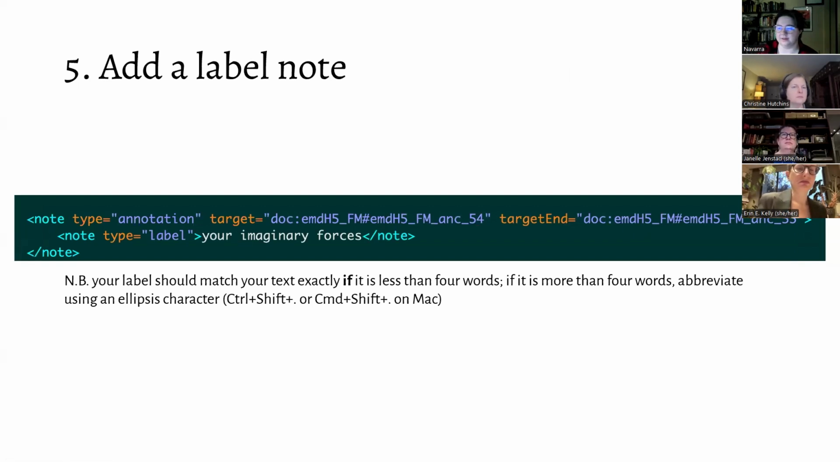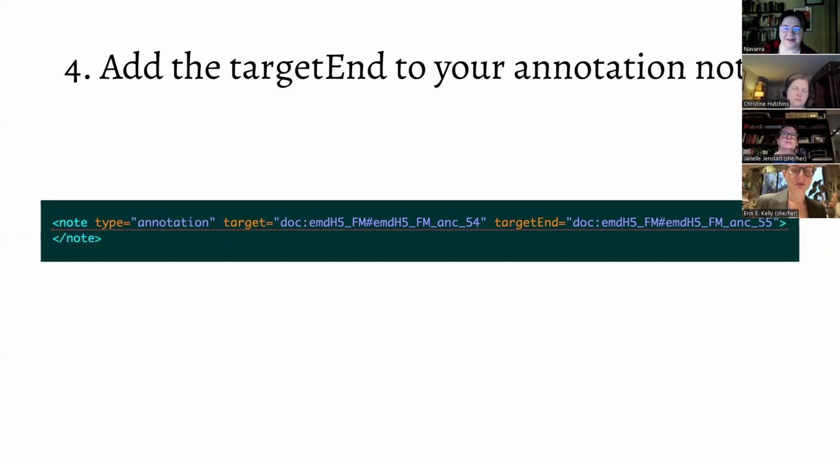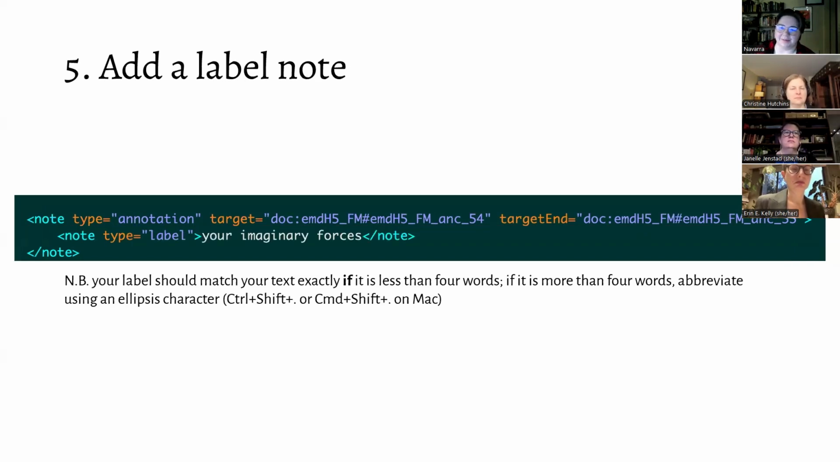Once you've done that, you're still going to have that angry red squiggly line that says, hey, this file is invalid, you're missing something. And that something is a label. So every time that you have a note type equals annotation, it requires a child label note. And that label needs to match what your text is that you're annotating, assuming that the text you're annotating is 4 words or less. If it's more than 3 or 4 words, you can abbreviate the label using the ellipsis